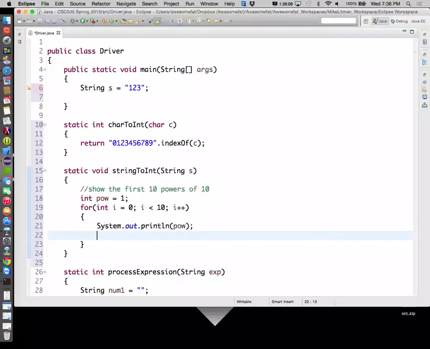Now how do I transform pow into the second power of 10? Multiply it by 10. Pow is equal to pow times 10. Now it's 100. How do I get it to the third power of 10? Times 10 again. Times 10 again. Times 10 again. So this is constantly multiplying pow by 10. 10 to the 0, 10 to the 1, 10 to the 2, 10 to the 3, 10 to the 4,